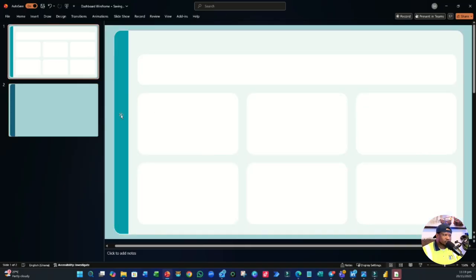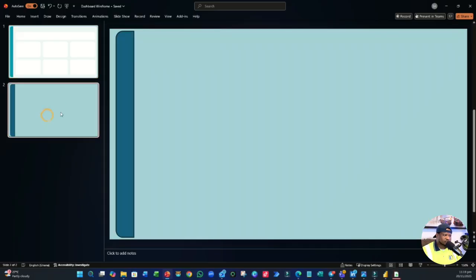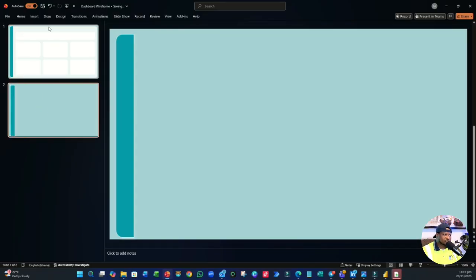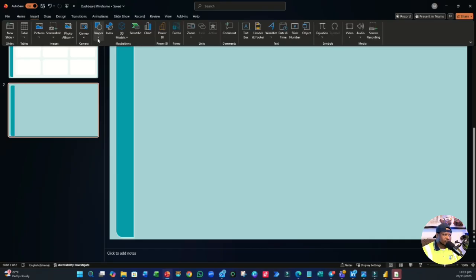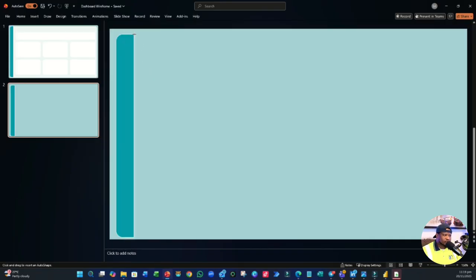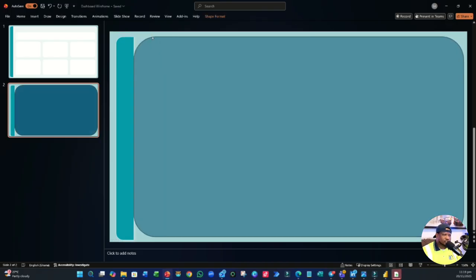Okay, and we literally copy the same color. So let's use a paintbrush and paste it in here. We can resize it, and then we also brought in another shape. So we go to the shapes, and then use the rounded corners. Okay, so we have the rounded corners in here like this, and then we will try to